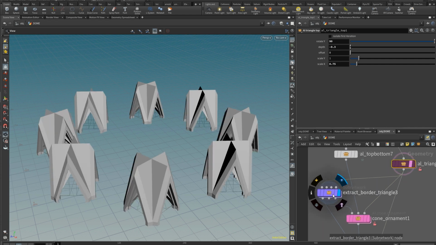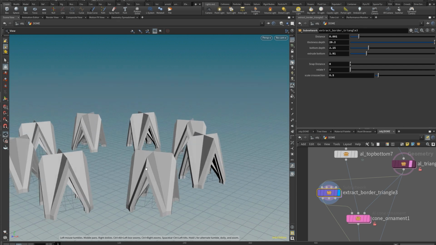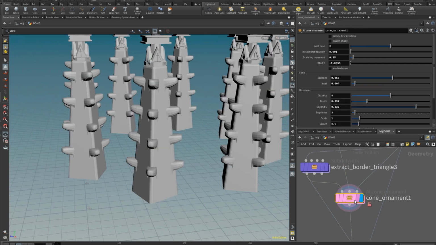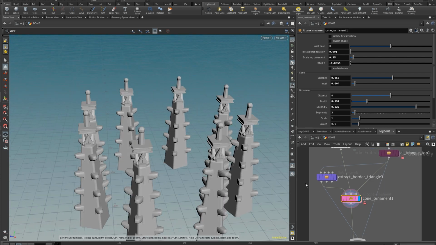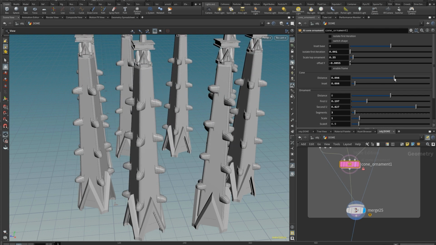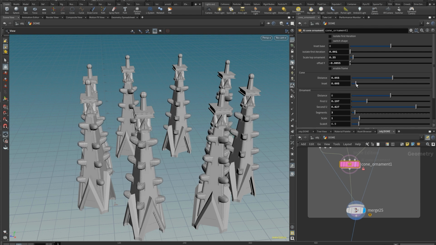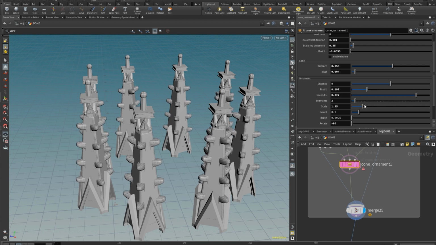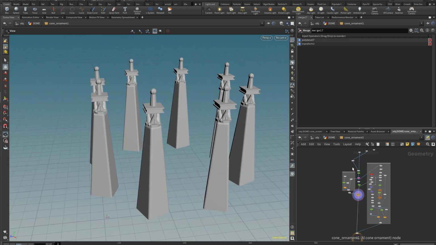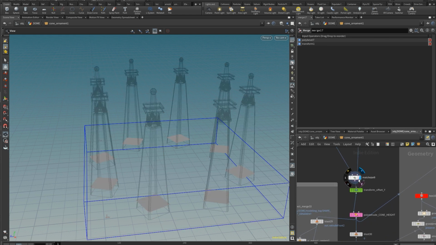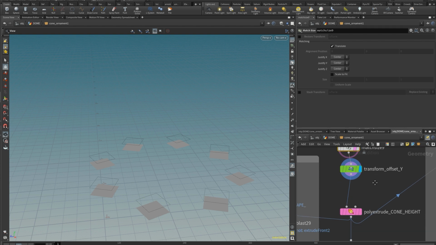I won't drag too long on this one, since it's very much what we saw before with the sweep node, and expose some parameters. This one, well, it's a little bit more interesting, but nothing groundbreaking either. It's still very simple shapes, and you just control whatever features you need in there. If you need more taper, more elements, change the scale of those details, this type of stuff. So these kinds of features are repeated a lot over the building, so I really wanted some kind of solid setup as an HDA. Let's see what we have.